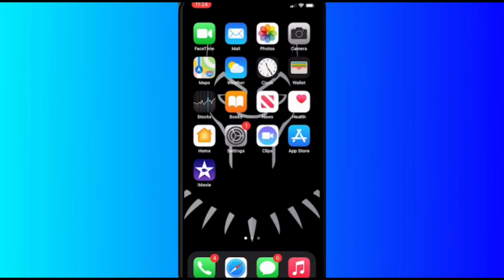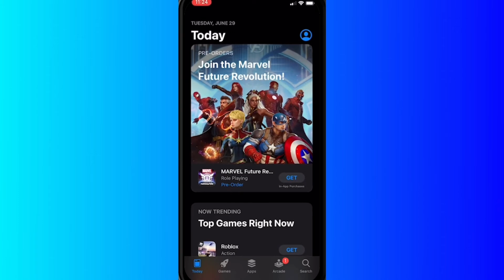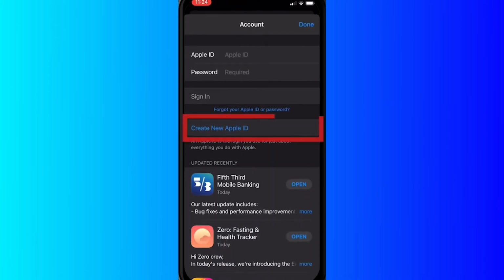My name is Adam, and today I'm going to show you how to create an Apple ID. Now what I'm going to do, first of all, I'm going to just click on the App Store to sign up with my account. Click on your avatar icon at the top right, you're going to see it, and click